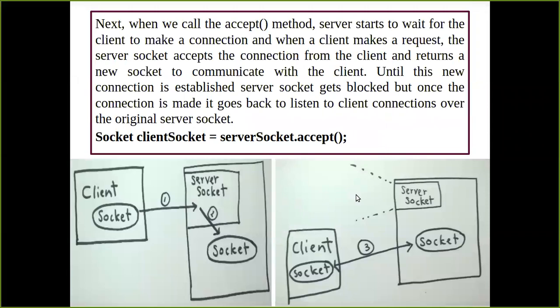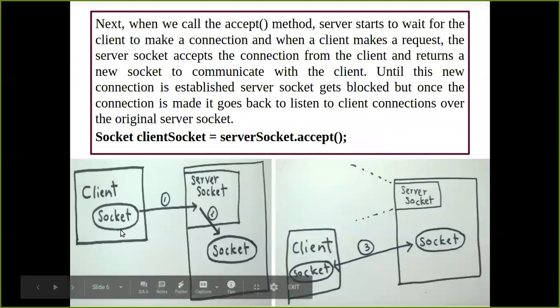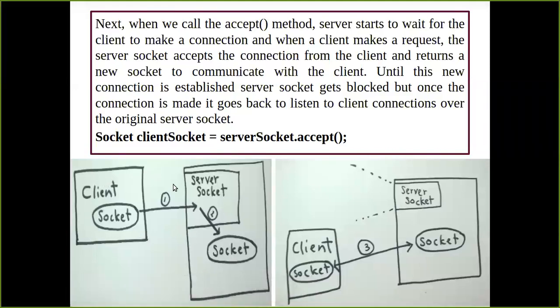Now you have to understand the next thing. As I told you, we have a client, we have a server socket, and we have a socket for the server to which the client needs to get connected directly. Right now we are just having the server socket which is going to accept the request from the client, and it is supposed to pass that request to the server, and the server is directly going to handle that request from the client. There will be a direct one-to-one connection established between the client and the server. Okay, so to have that one-to-one connection between client and server, it has to go through the server socket.